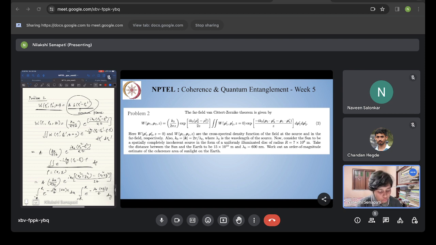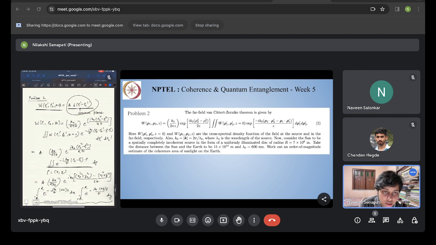So you have two integrations in Cartesian coordinates, just simple e to the power minus integration. Oh, one more thing, why I am writing minus r to r, because it is already given